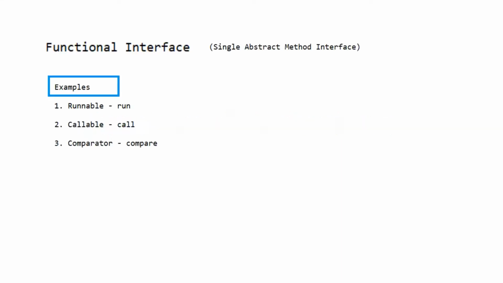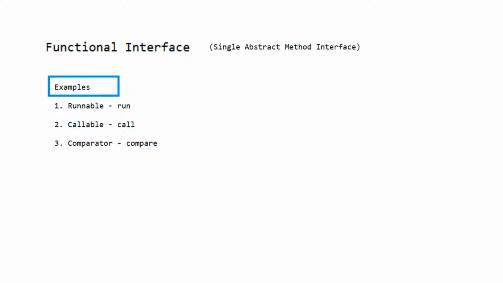In this video, we are going to see about the functional interfaces. Before writing the intermediate operations and the terminal operations, we need to understand what is a functional interface. A functional interface is an interface with just one abstract method. So it is also called a single abstract method interface. This interface is going to have only one functionality.